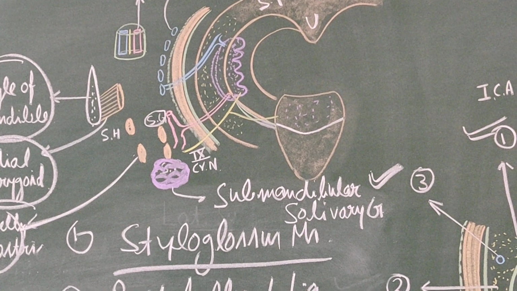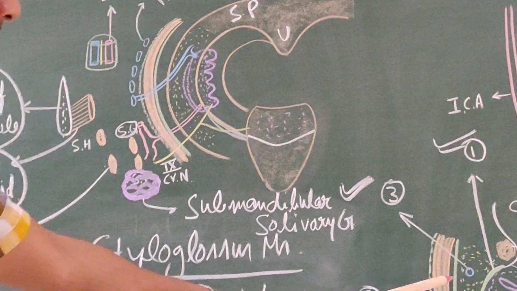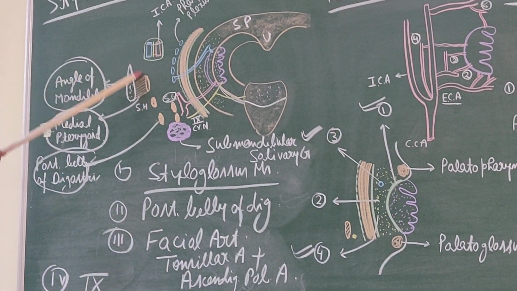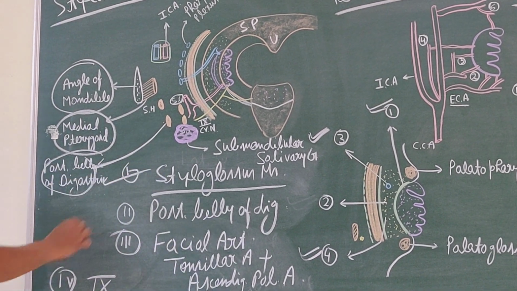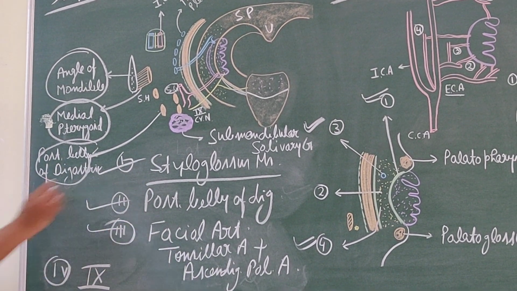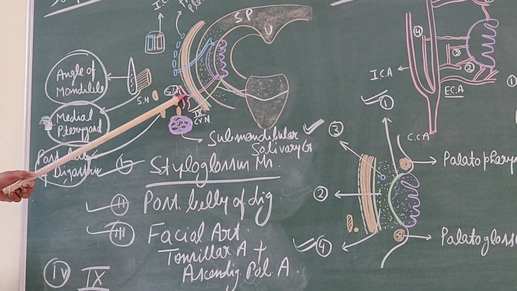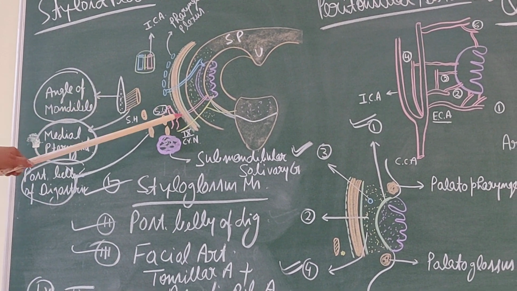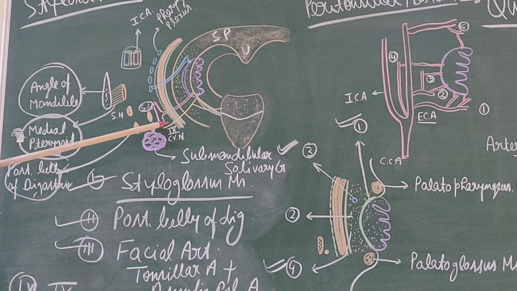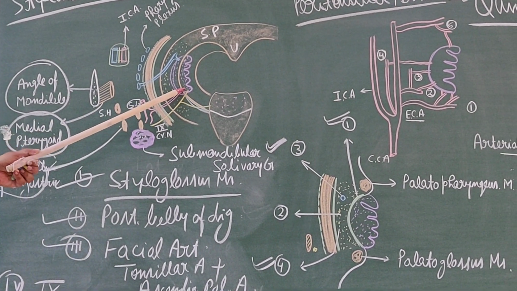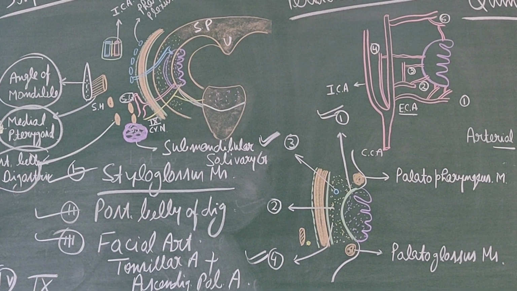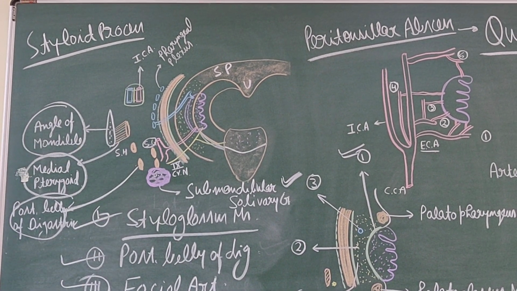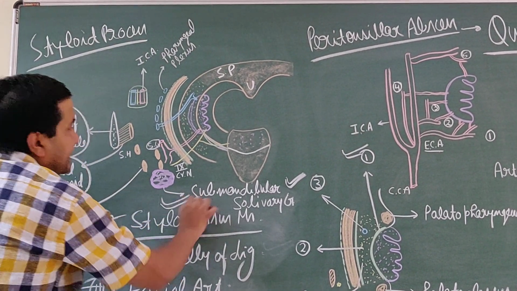So in short, the lateral surface is related with these structures, and the superior constrictor muscles separate the lateral surface from these structures: styloglossus, posterior belly of the digastric, facial artery and its branches. From the inferior margin, it is the tonsillar artery, which is the chief artery of the tonsil, discussed later. This is the glossopharyngeal nerve that supplies sensation to the tonsil as well as the posterior part of the tongue. When the styloid process is enlarged, it comes in relation with the lateral surface, and so does the submandibular salivary gland.